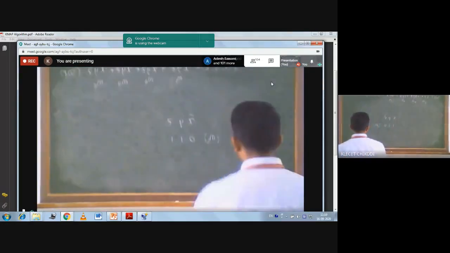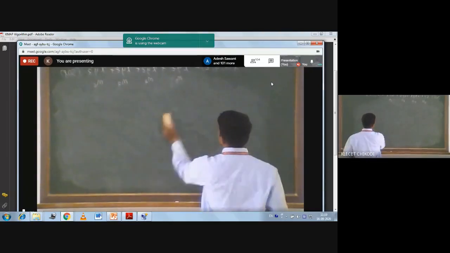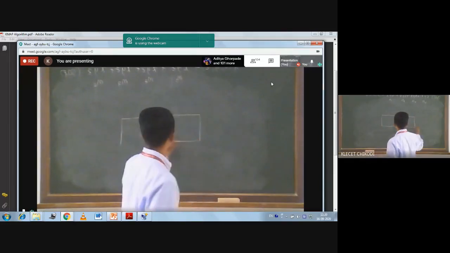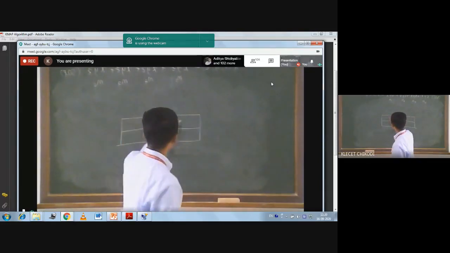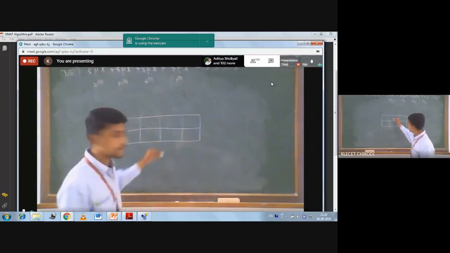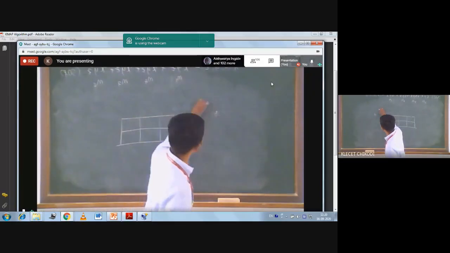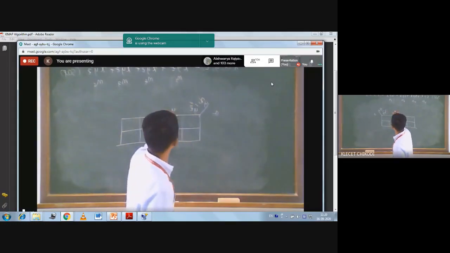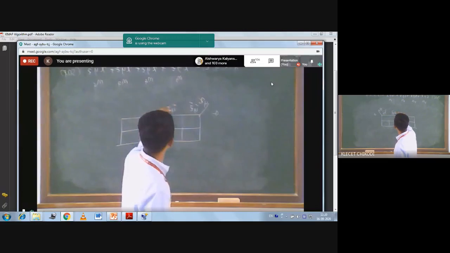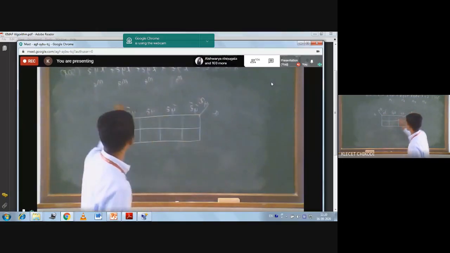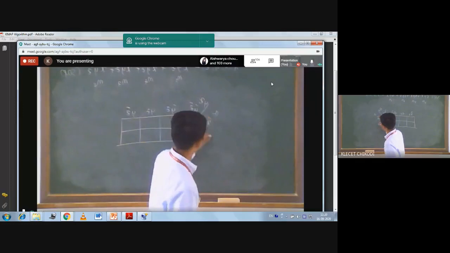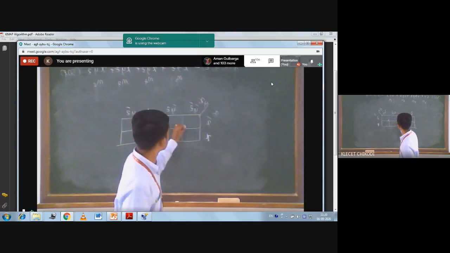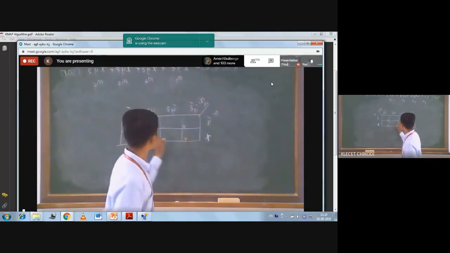What I will do directly, I will go with the K-map. Since you have 3 variables here, you have to draw a 3 variable K-map. So what are the input variables? X, Y, Z. If you want, you can directly write Y bar Z bar, Y bar Z, Y Z, Y Z bar instead of 00, 01, if it is confusing you. And here X bar and X. And 0, 1, 3, 2, 4, 5, 7, 6.